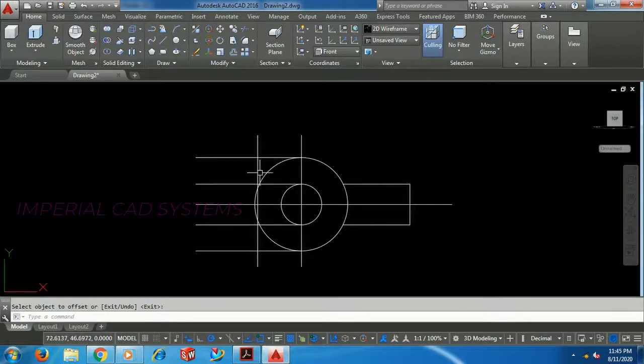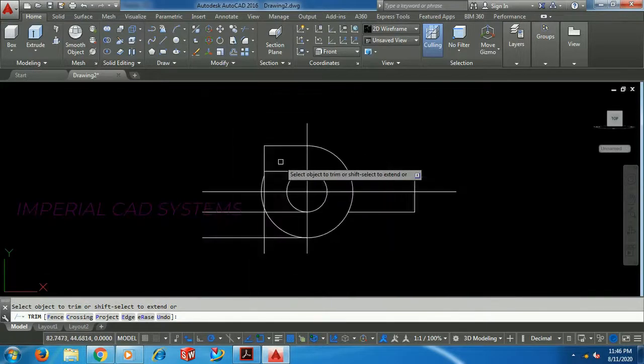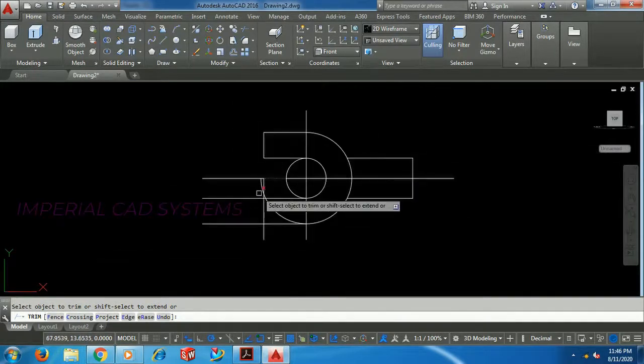Now up to here we require, trim. We don't require this line. Trim the middle line.